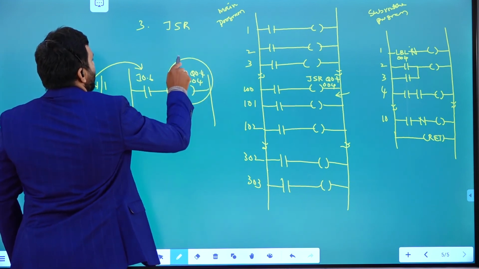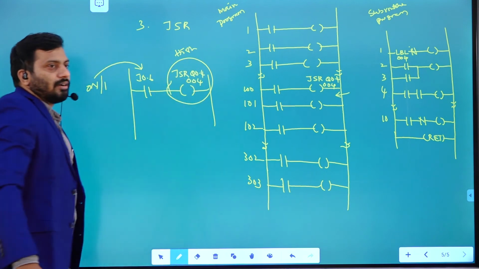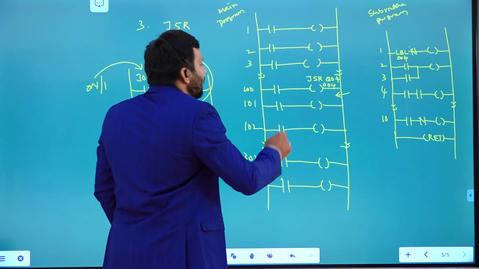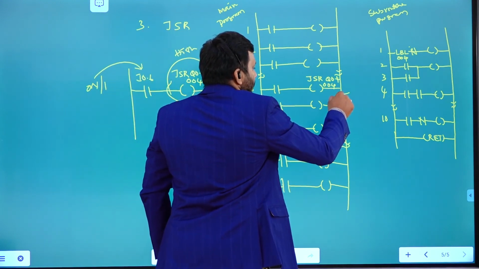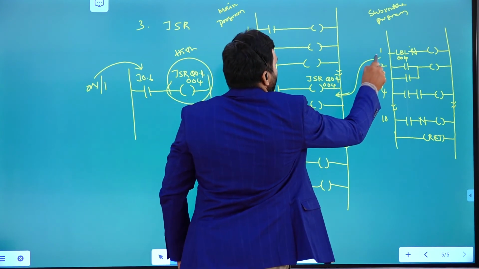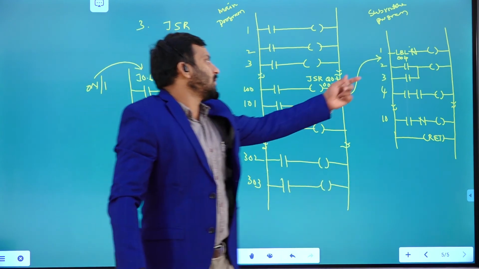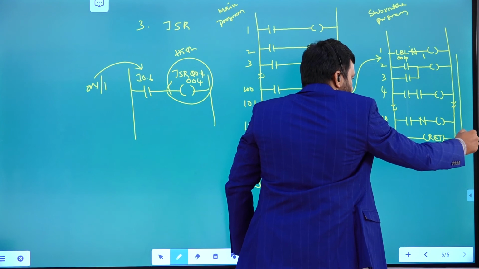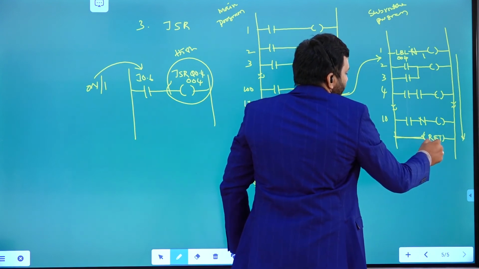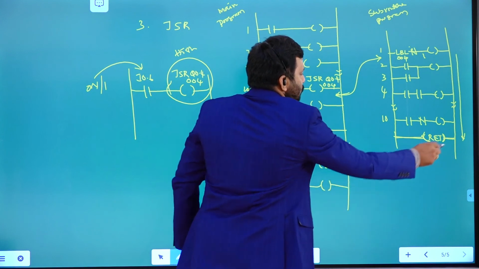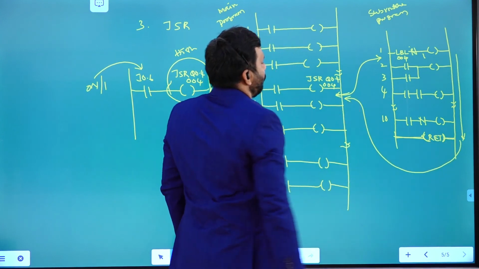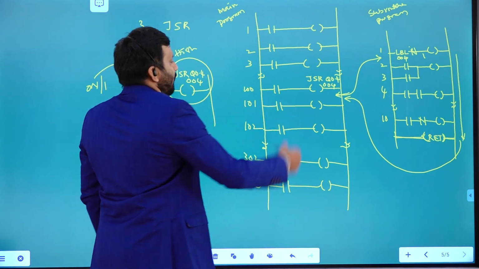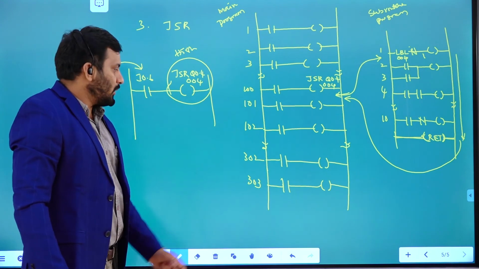It is going to be high means this subroutine comes into action. Then what takes place is, without execution of the next rung, it is going to jump to this particular label address. Then it keeps on executing this total program. Whenever it comes across this particular return rung, it is going to return to where it was stopped. That means from the next rung, it keeps on executing the main program.